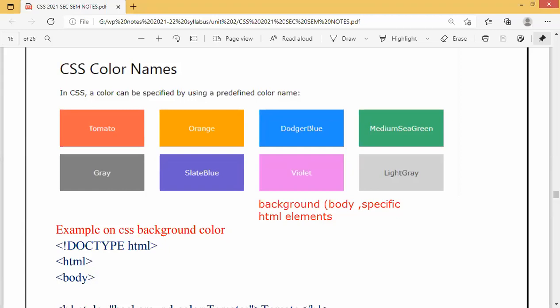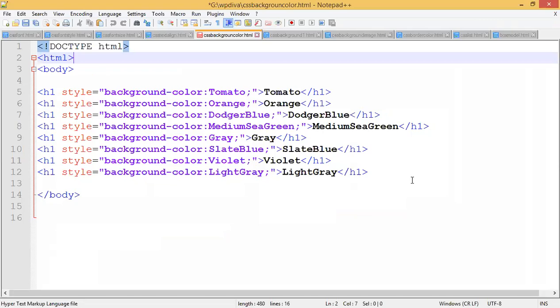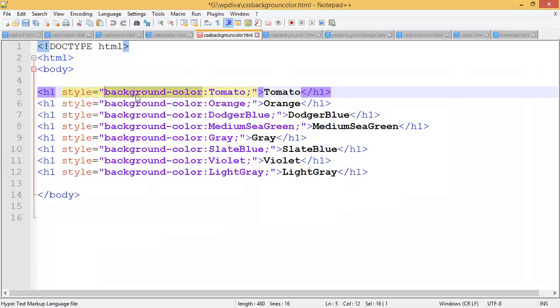Now let us go to the code directly. So I will go to the code part. So I have designed a code for all the CSS properties, right? So we have the first property, we will see background color. So the first property is called as what? Background color, right? So how to write this property, guys?